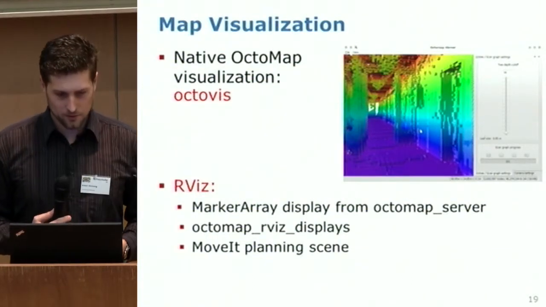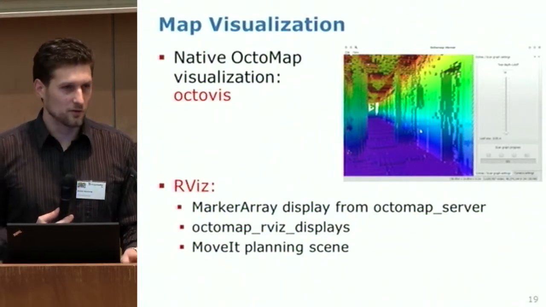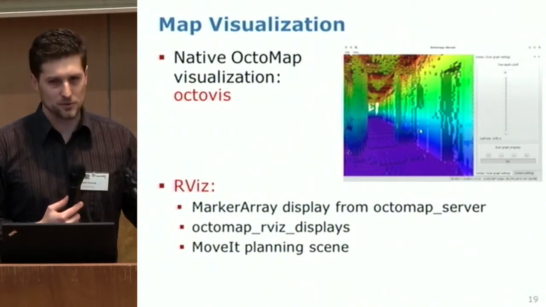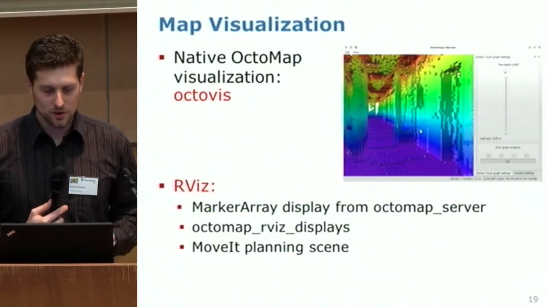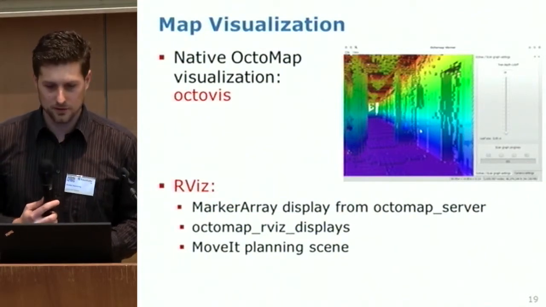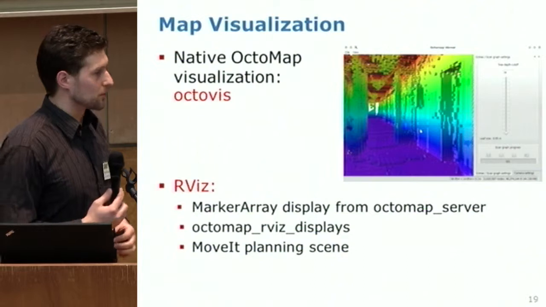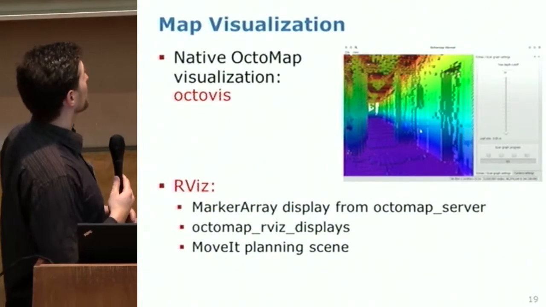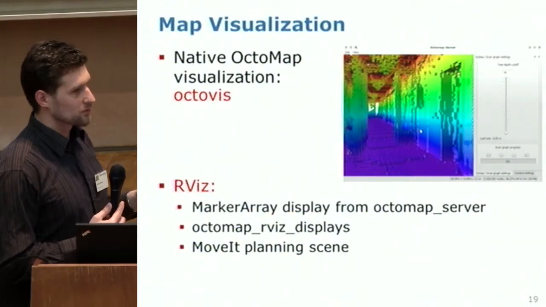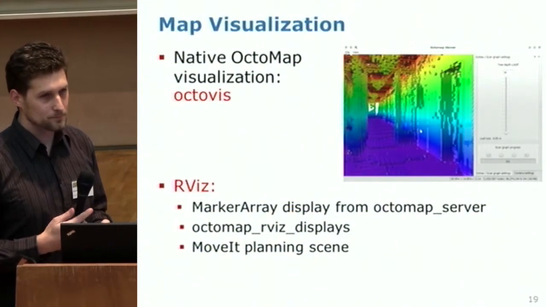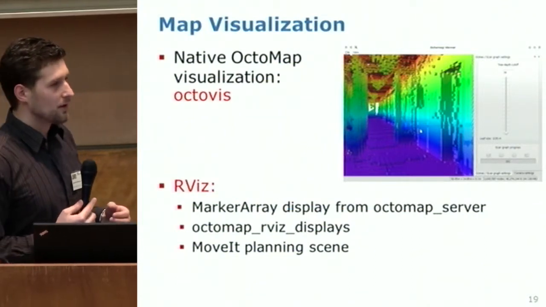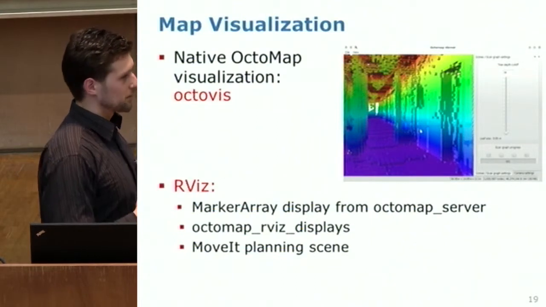So map visualization, this is really important since this is 3D data and it's a bit harder to understand sometimes than just a simple 2D projection or an image. We're bringing our own native visualization application based on OpenGL and Qt. But of course, since we're using ROS, maybe more interesting for you will be Rviz. The OctoMap server is the class you can use to send out, or the ROS node you can use to send out files. Then it's also sending out a 3D visualization as a marker array